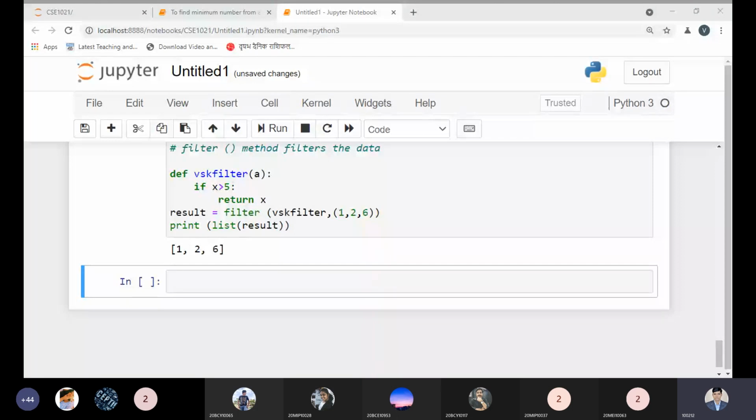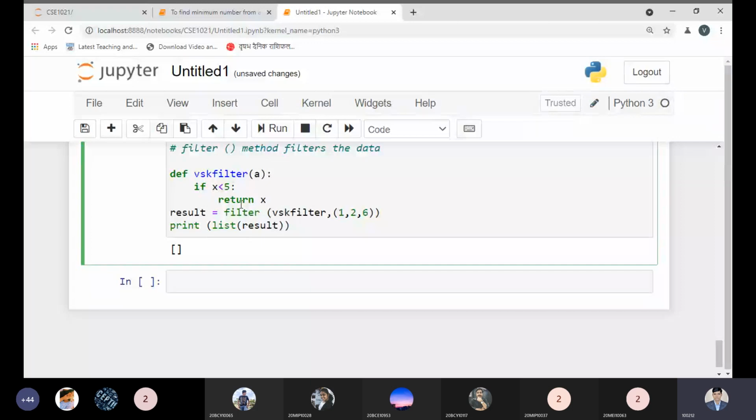It returns the elements for which the function returns a true value. The function argument can be None if no function is available. Let us check once again what is happening in this code. Here we are passing some values, with the condition that x is smaller than a value. Let me check the answer. The values are 1 2 3, so the answer should be like this. We are getting 1 2 3.